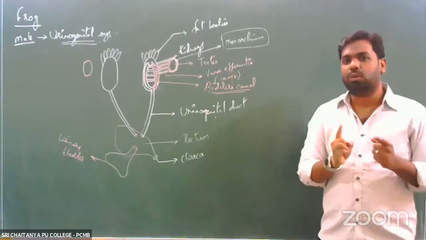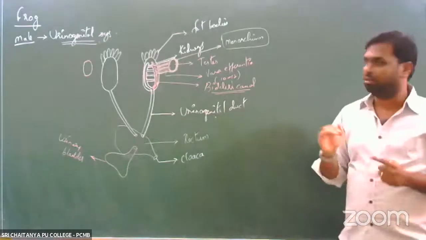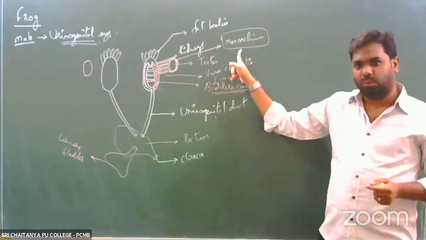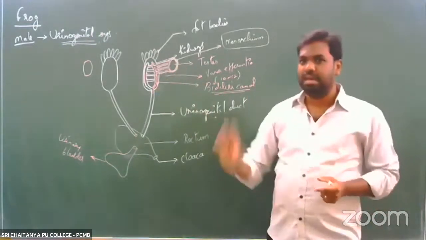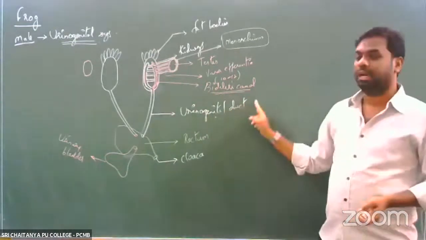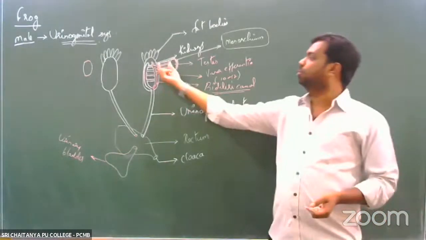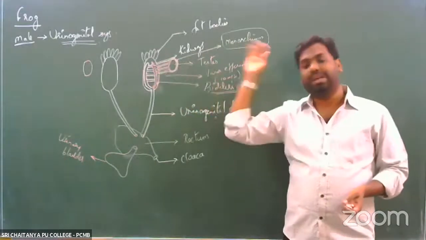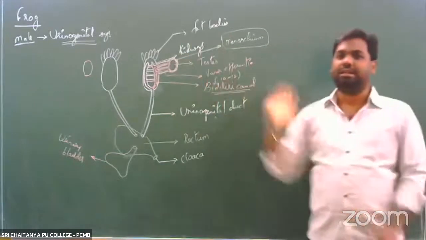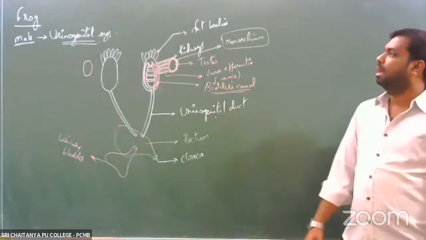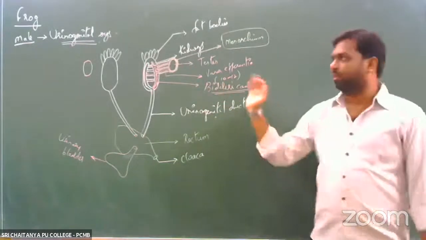And one important thing what we need to remember whenever we talk about the male reproductive system or the urinogenital system in case of frog is one, mesorchium, which is said to be a connection or attachment between the testis and the kidneys. And the second one is this Bidder's canal, what you need to remember. A common duct which is formed by the fusion of all of these vasa efferentia inside the kidneys. Right? So where do we have the Bidder's canal? It is actually present inside the kidneys. Fine. So this is what we have with the urinogenital system in case of the male frog. Right. So with this we have done with the male frog.